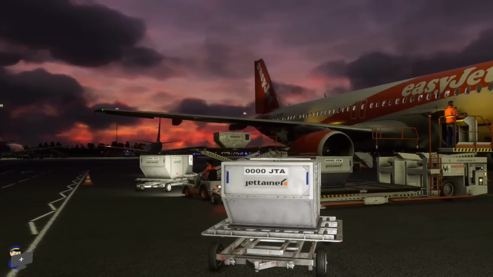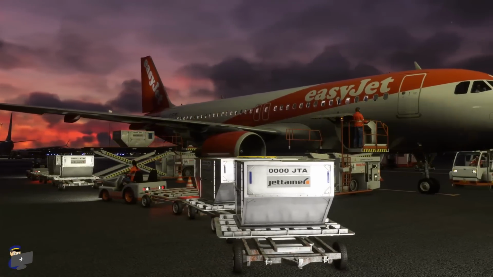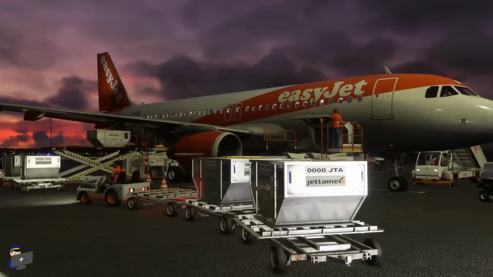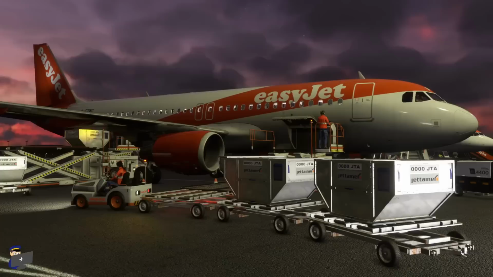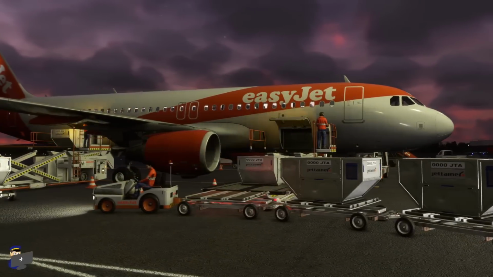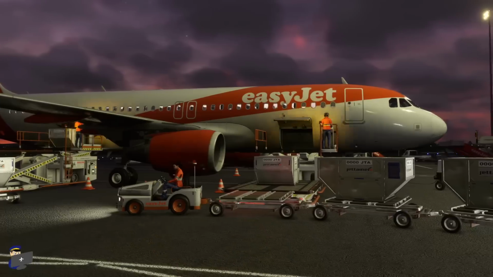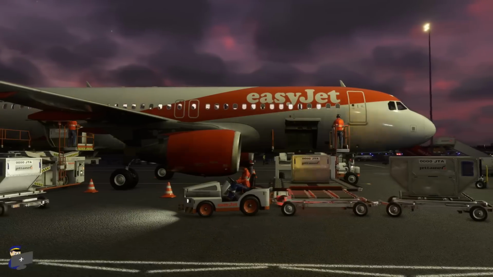So what is it, first of all? Well, I would describe GSX as the gold standard for realistic airliner ground operations. It allows you to simulate refueling, catering, baggage and cargo loading and unloading, passenger boarding and deboarding complete with animated passengers, realistic marshalling and pushback, and it even allows you to customize your add-on airports with a variety of realistic